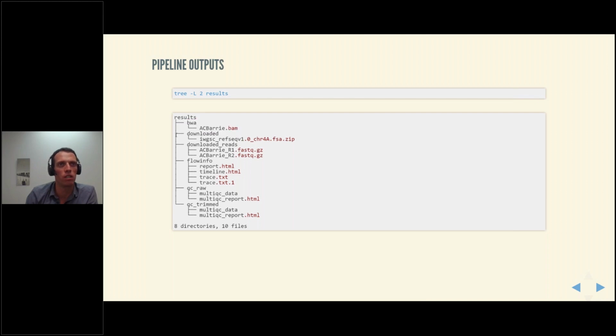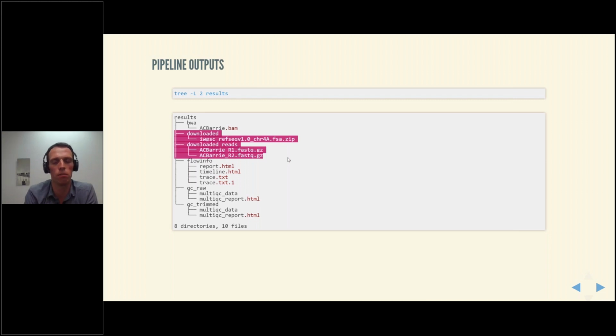Those are the storeDirs that I mentioned. So when we want to keep the input files captured and not part of the main Nextflow directory structure, that has some risks.